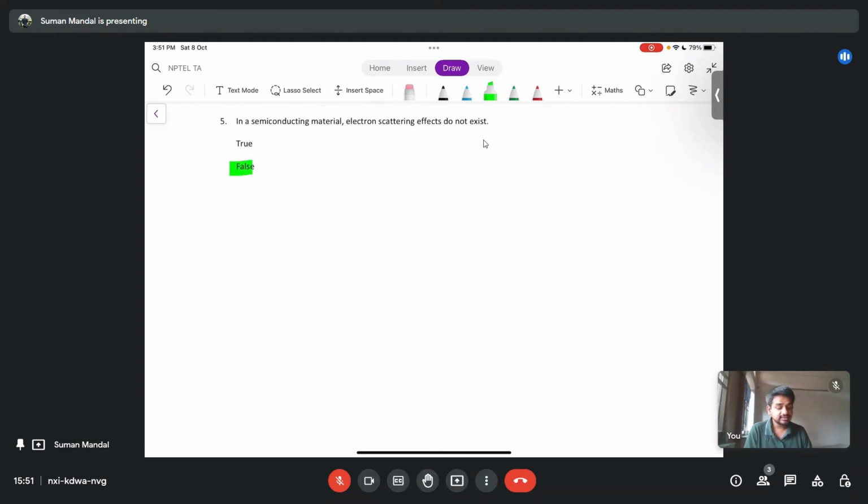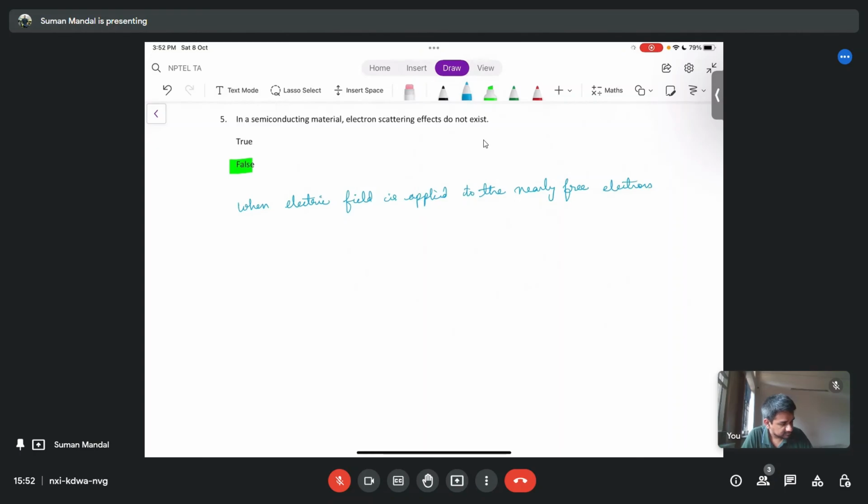So in the initial classes, we had discussed that when an electric field is applied to the nearly free electrons in a crystal, then with the help of Newton's law,